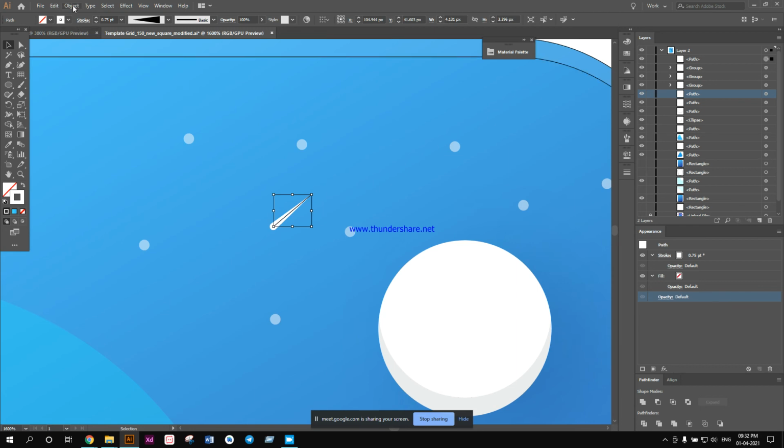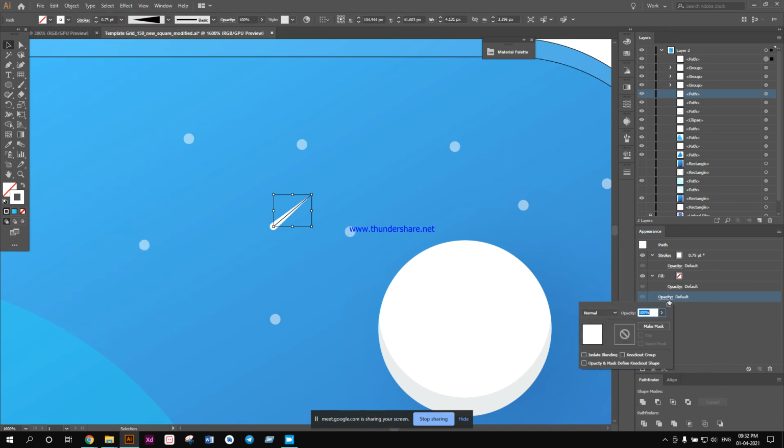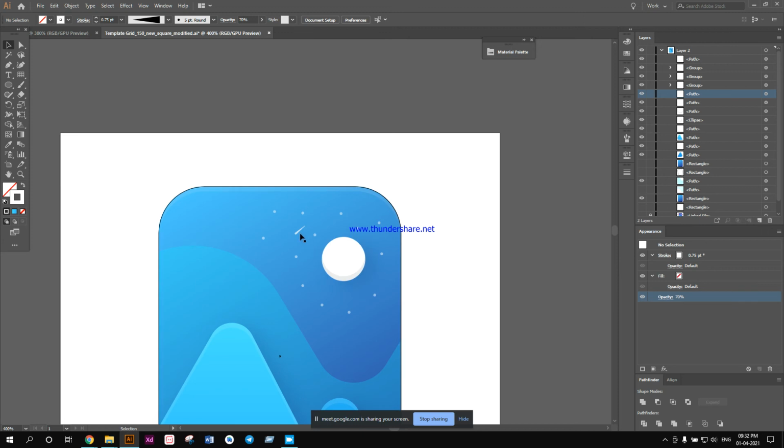Now if I want to make modifications to this one, I just change the opacity to something like 70%. I want to make the shooting star more bright. This is the shooting star. I can control it.